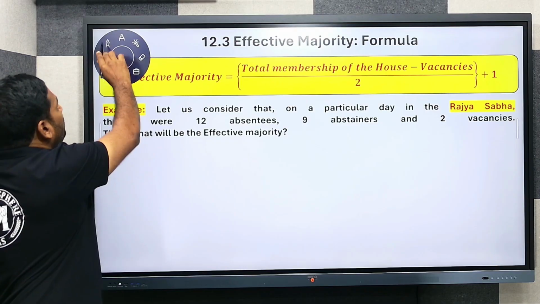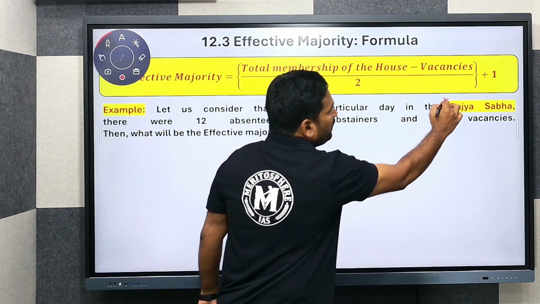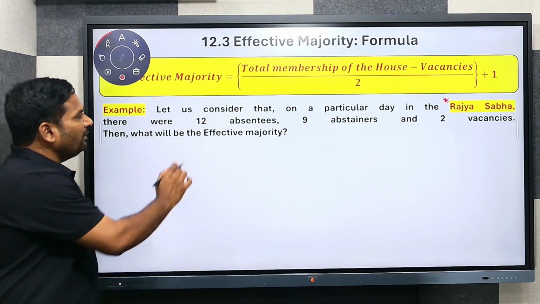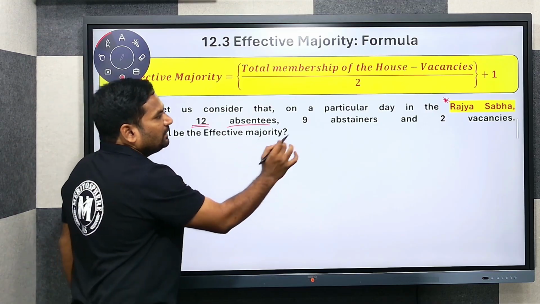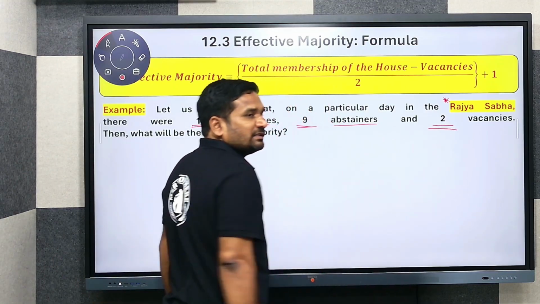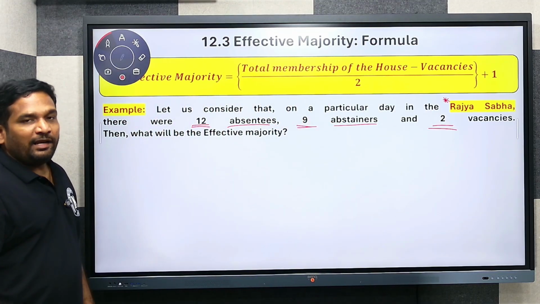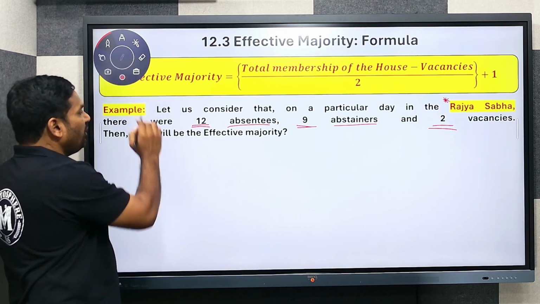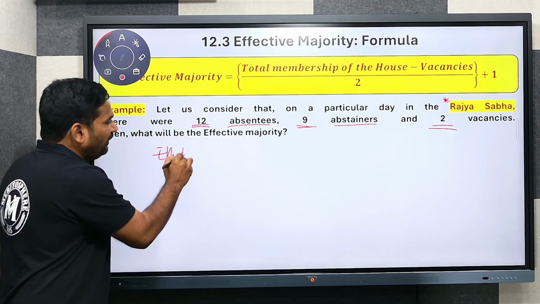So example 2 is dealing with the Rajya Sabha. Here I have copied the same example: 12 absentees, 9 abstainers and 2 vacancies. Now here, effective majority is equal to